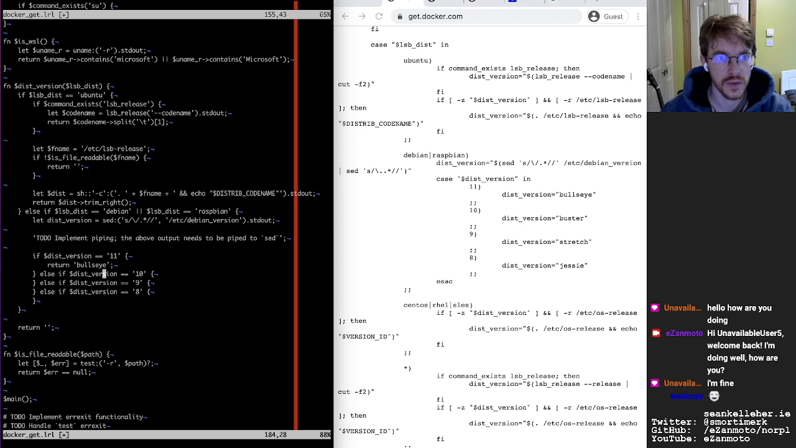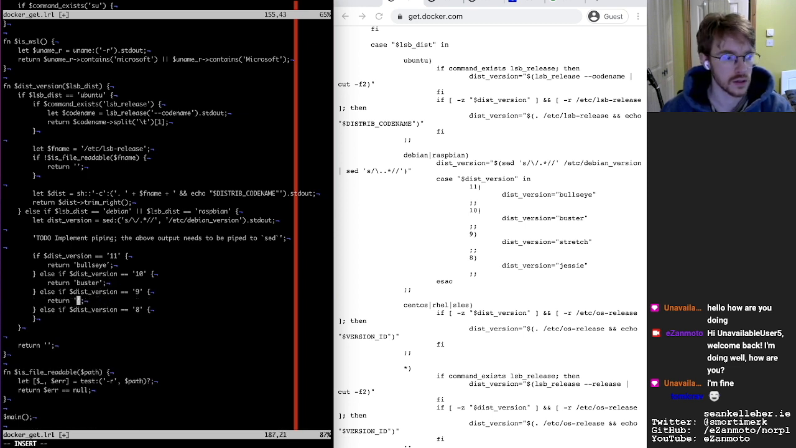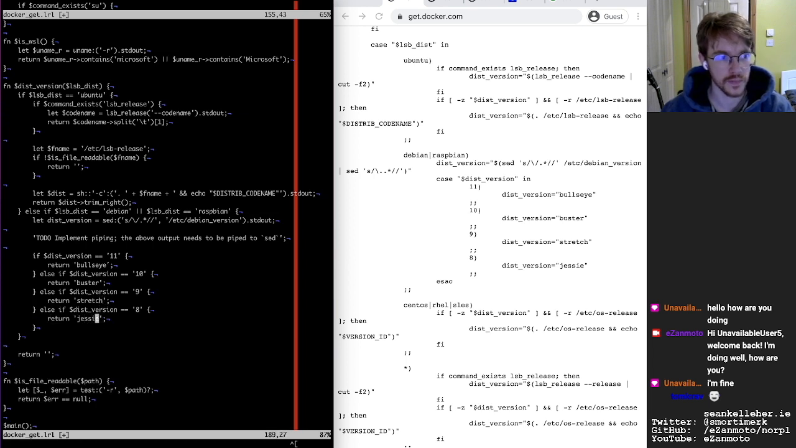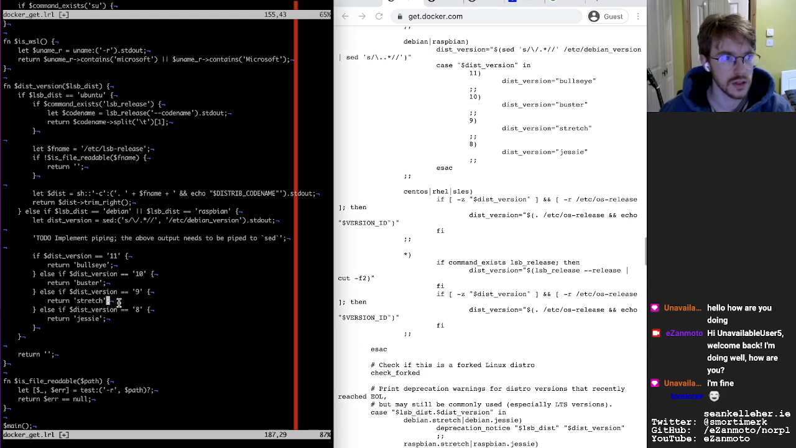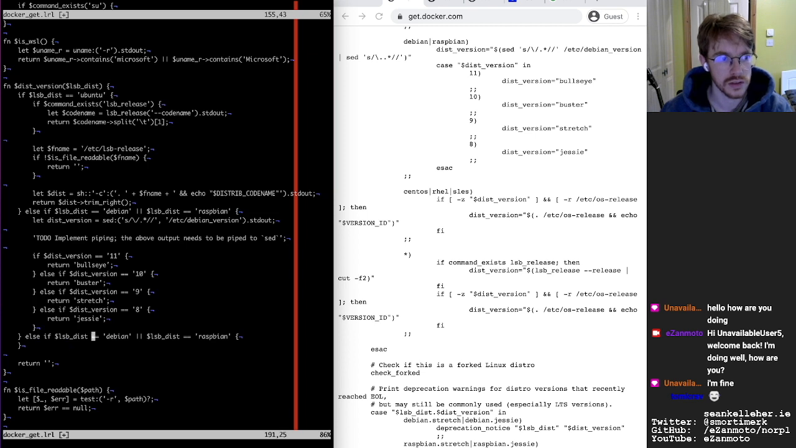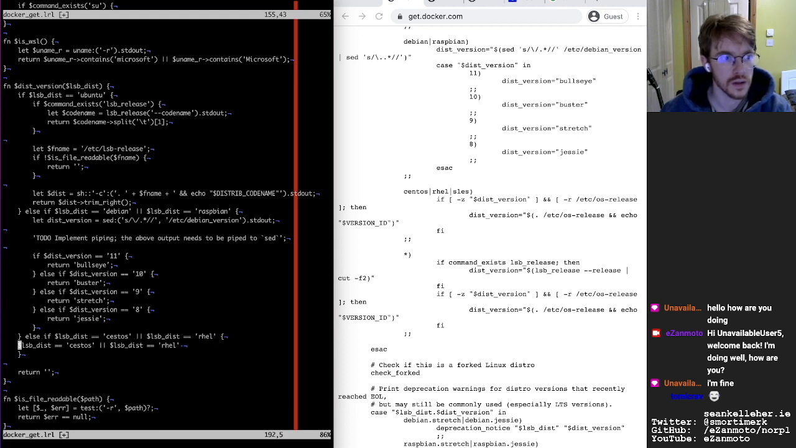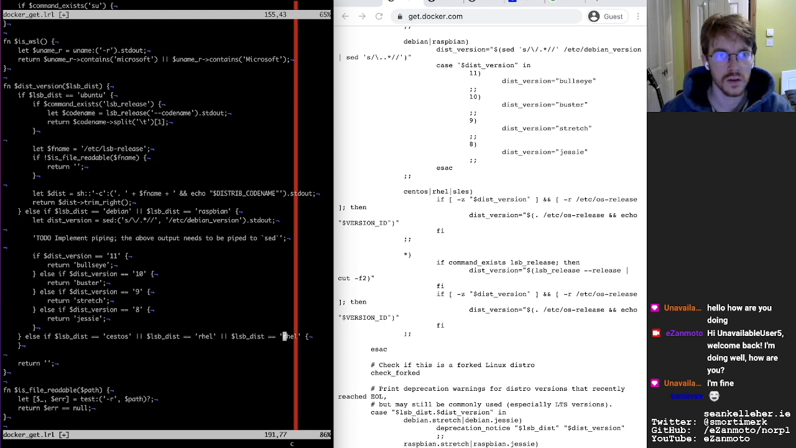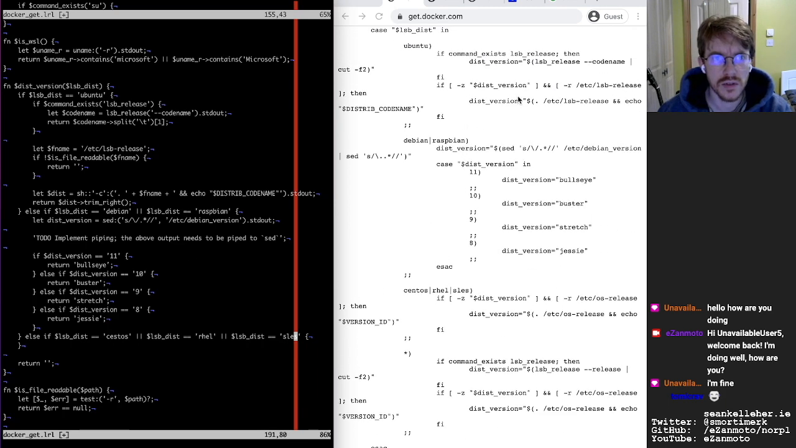So we've got bullseye, Buster, Stretch, and Jessie. So with those done, next we have the CentOS distributions, and SLES. Not sure what all those are, but this is, I think, similar to above actually. Okay, so it's not the same as up here because this was again LSB release. This is OS release, but we did have OS release earlier